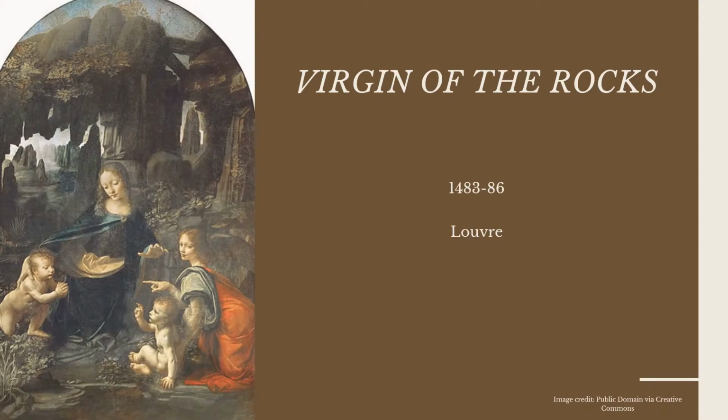There are two versions of the Virgin of the Rocks. This video focuses on the first one that he painted, and it's now hanging in the Louvre. In this scene, the Virgin Mary kneels in the center, one arm draped around the infant John the Baptist, and the other blessing her son, Jesus. The angel Gabriel sits next to Christ, pointing towards John the Baptist. Although they are babies, they are shown interacting in a way that indicates their future roles. John is praying, and Jesus is blessing his cousin. The group is set in a cave, full of sharp rocks, hence the name of the painting.